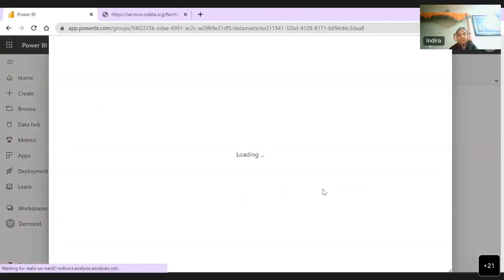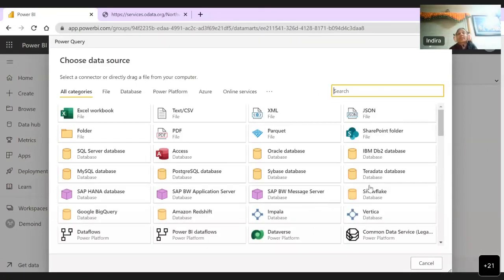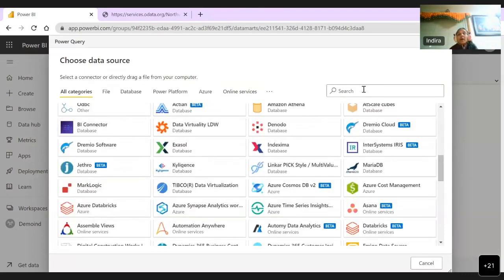Can you see my screen with the new data sources? Yes. Okay. So you can create your data mart from all these sources. You can do Excel, SQL Server, Azure SQL. There are a lot of sources here. I'm going to use ODBC, ODBC source,